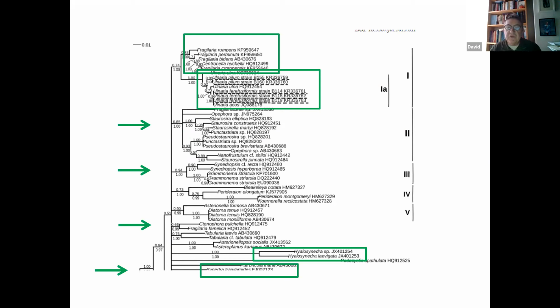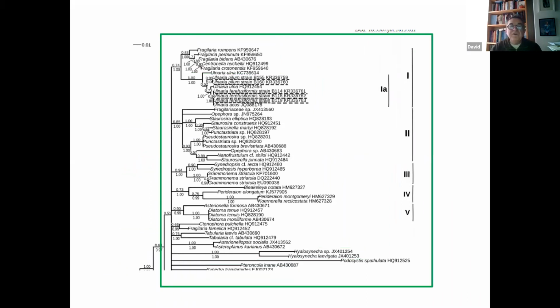The box up the top there is names of Fragilaria that we all understand. The second green box is names of Ulnaria. Again, they're each other's closest relatives. The green arrows are pointing to groups that were included in Fragilaria at some point. So they're all dotted around the place. What should happen here is this big box is what Horst was talking about. He should have called it, I don't know, a family or an order or something, and then subdivided in there.